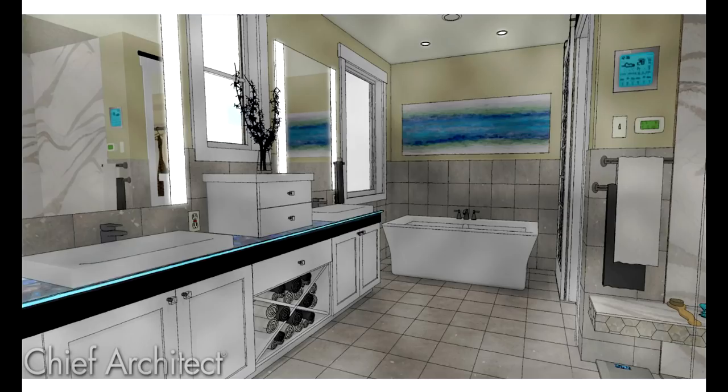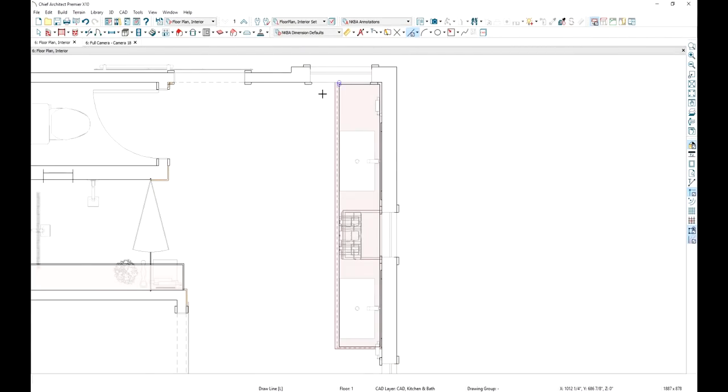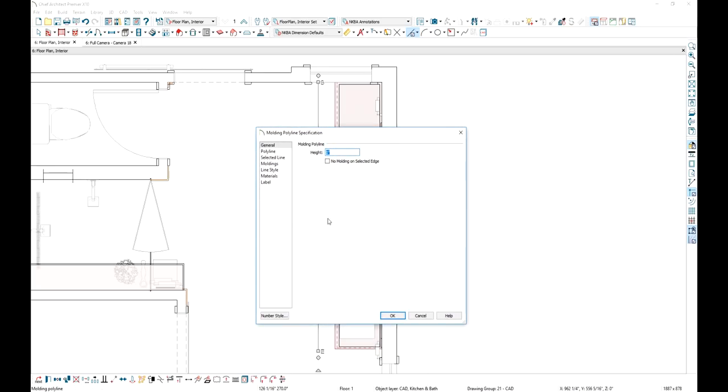And again, here's a rendering. This is the effect that I want to get out of putting this LED strip at the back of the wall, and I'm actually going to get the effect by placing a molding polyline and making it emissive at the front of that cabinet countertop. I'm going to use the line tool, and I'm going to draw a line the length of the cabinet run. Highlight the line. I'm going to convert it to a molding polyline. For the height of the line, I'm going to set it up off the floor 33 inches and account for the subfloor at